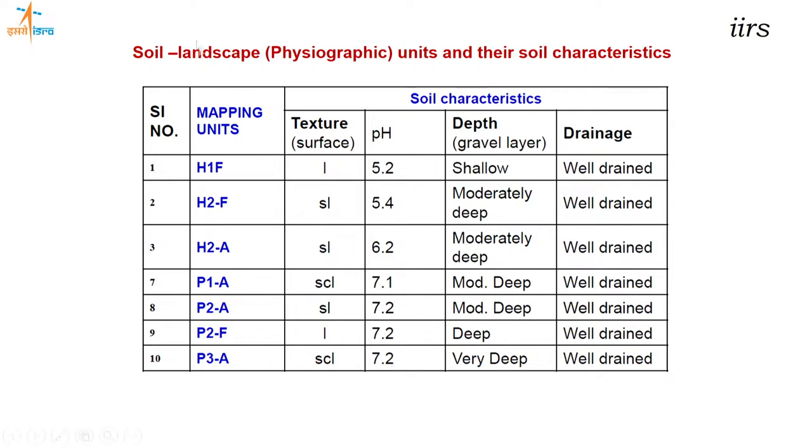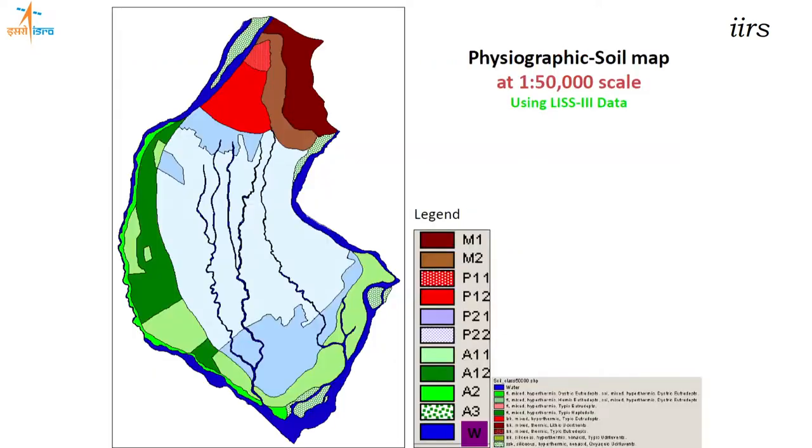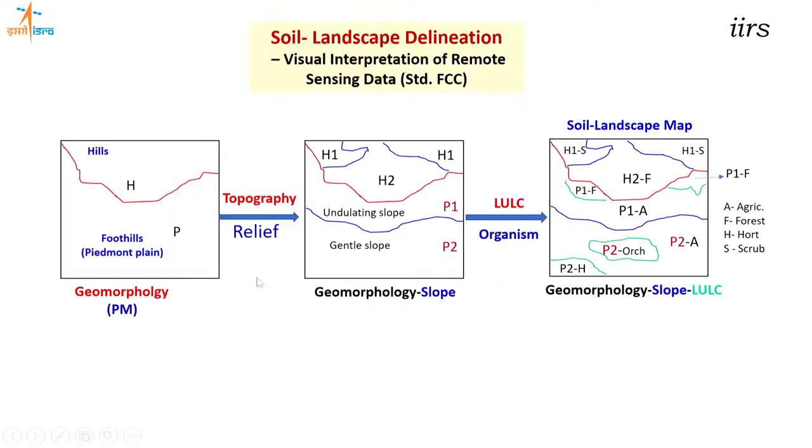Once you have studied the soil, then we call it soil landscape or soil physiographic units and their soil characteristics. Like that, you will be able to prepare your soil map or soil characteristics as required for your project area. So this is the physiographic soil map prepared for that at 1:50,000 scale. You can see that. So I can summarize at the end, that you prepare first geomorphology, then divide based